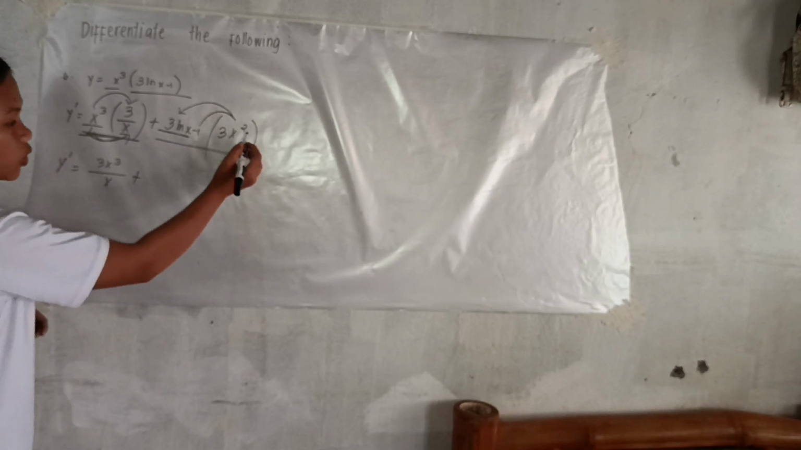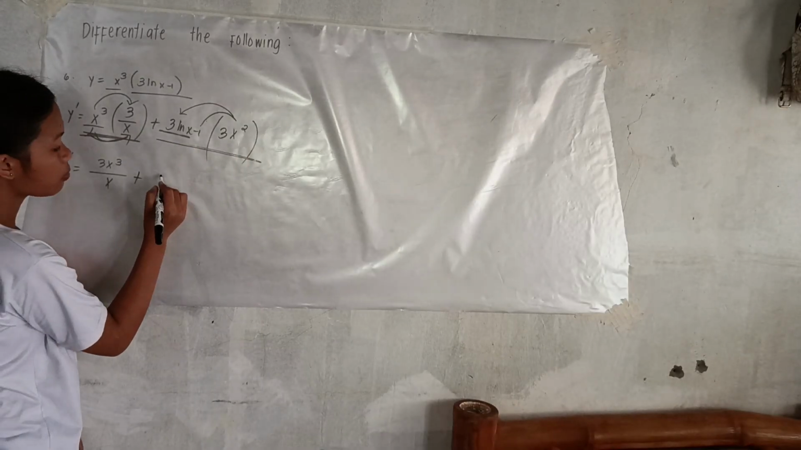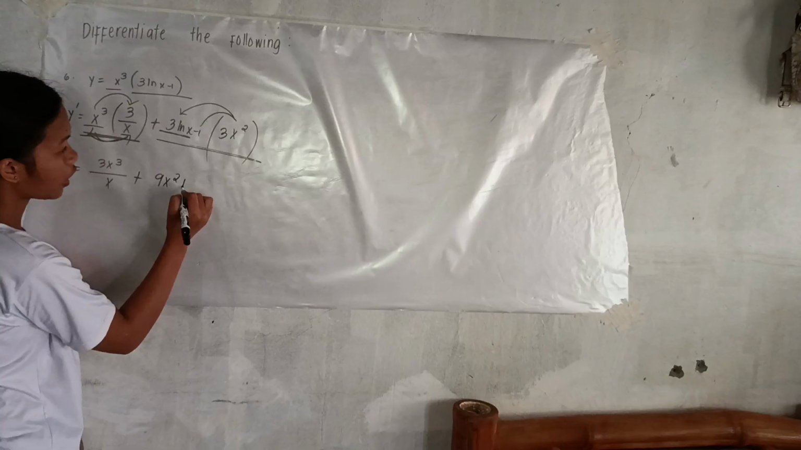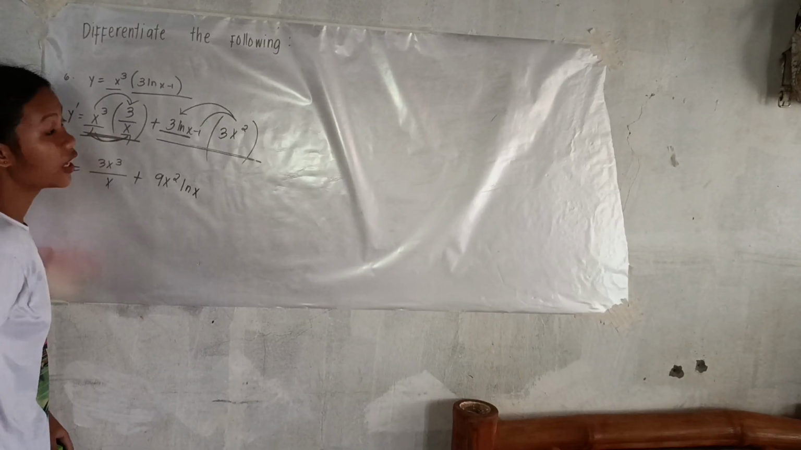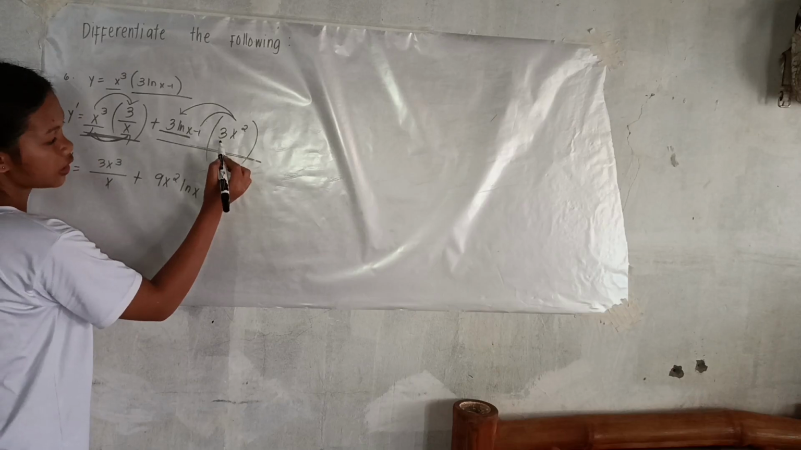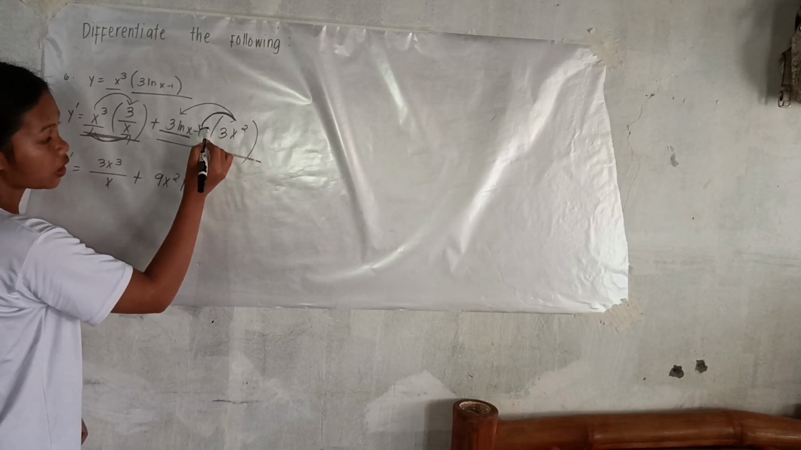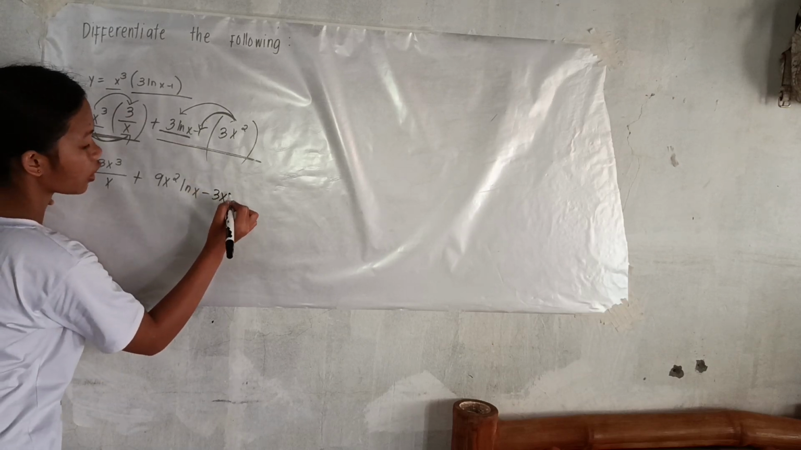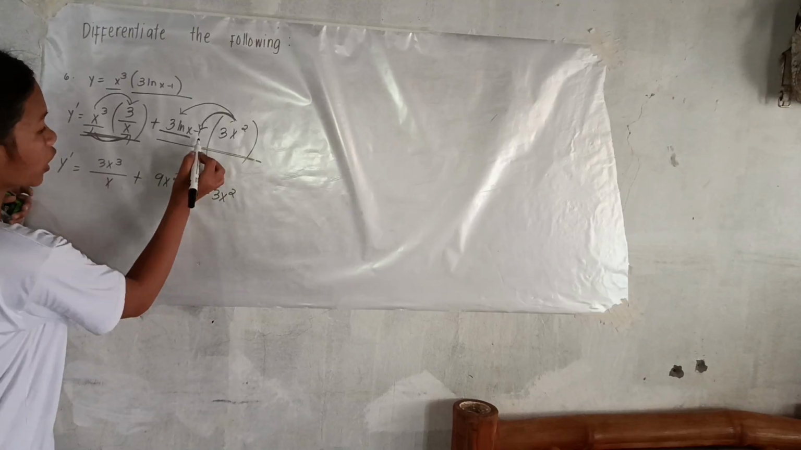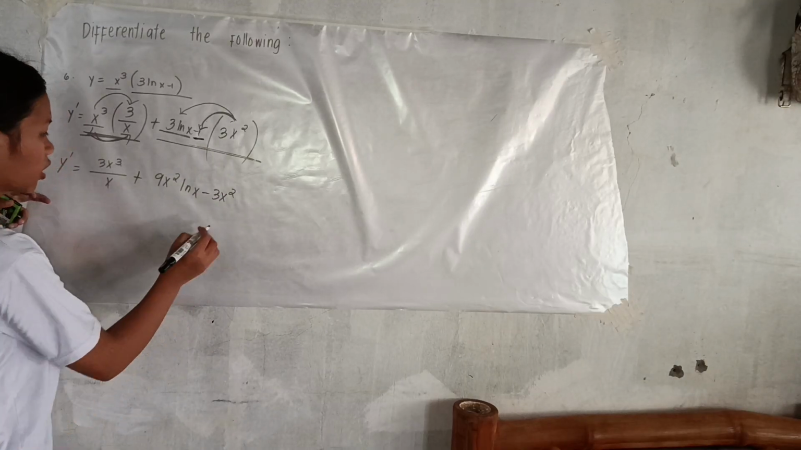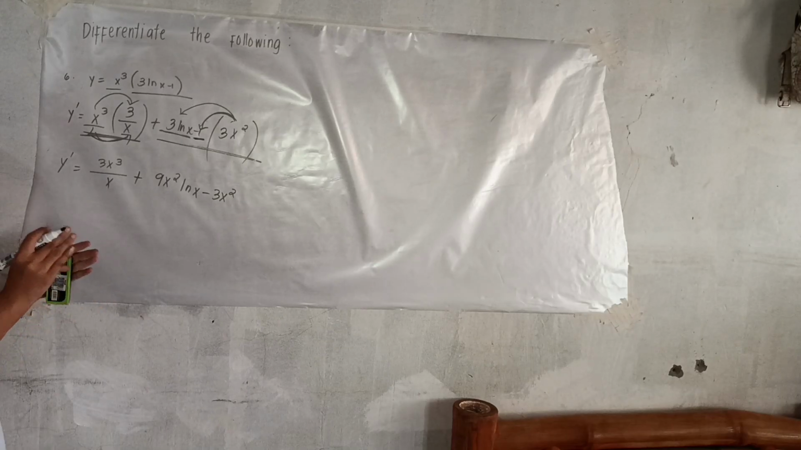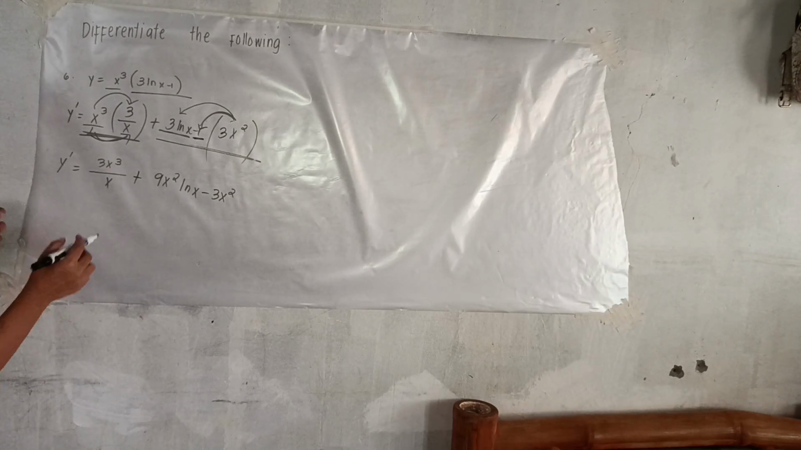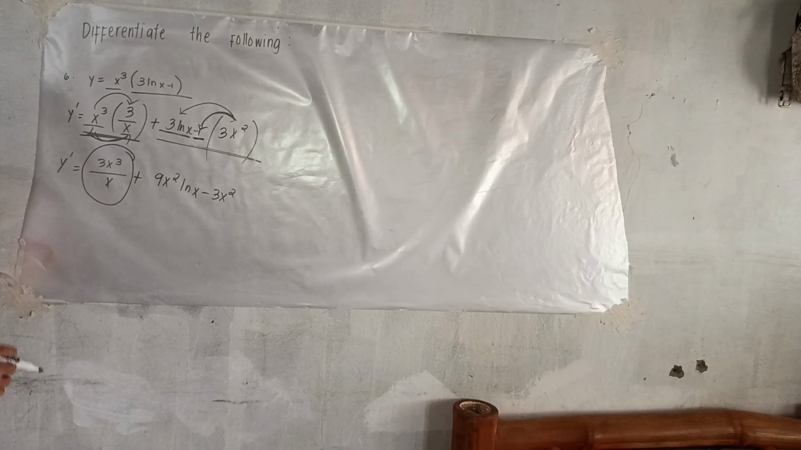So 3x squared times 3 ln x will become 9x squared ln x, times 3x squared times negative 1. So it becomes negative 3x squared, negative because of this negative 1. This is not yet simplified, so we can still simplify it